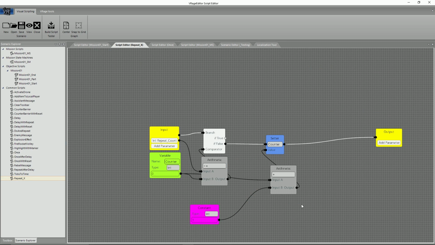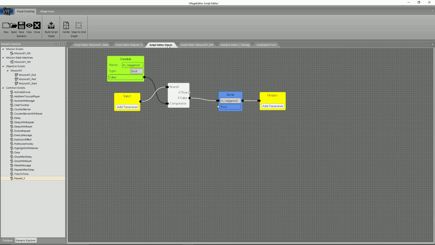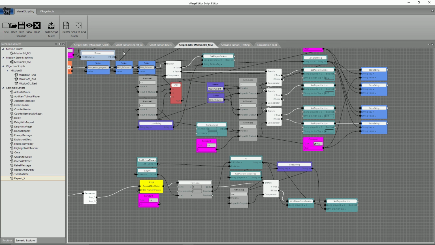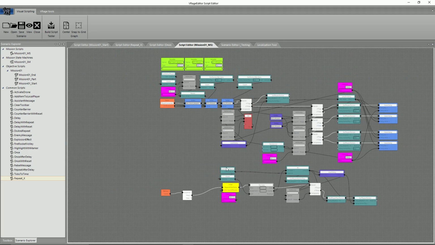Now, one thing that you can do with these, and I'm going to do it here, is add an output parameter. We're just going to name this counter out. And we're going to run a connection from here to here. And if we go in here really quickly and save that and come back out here,